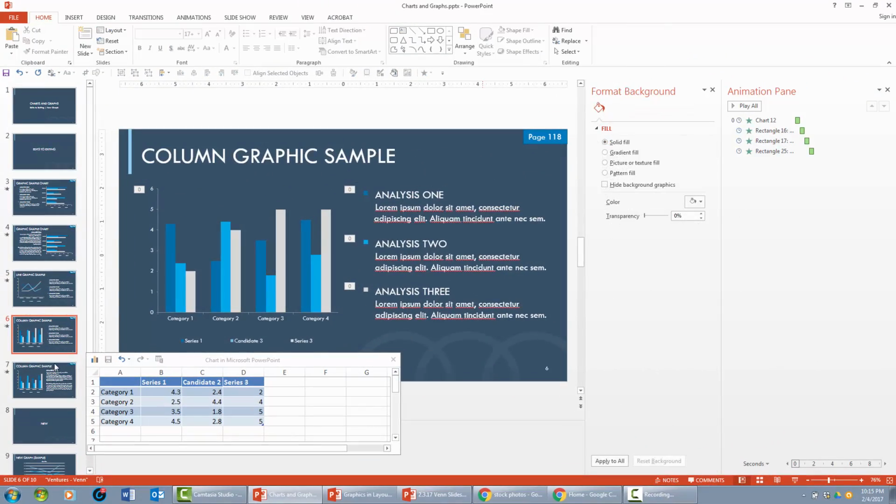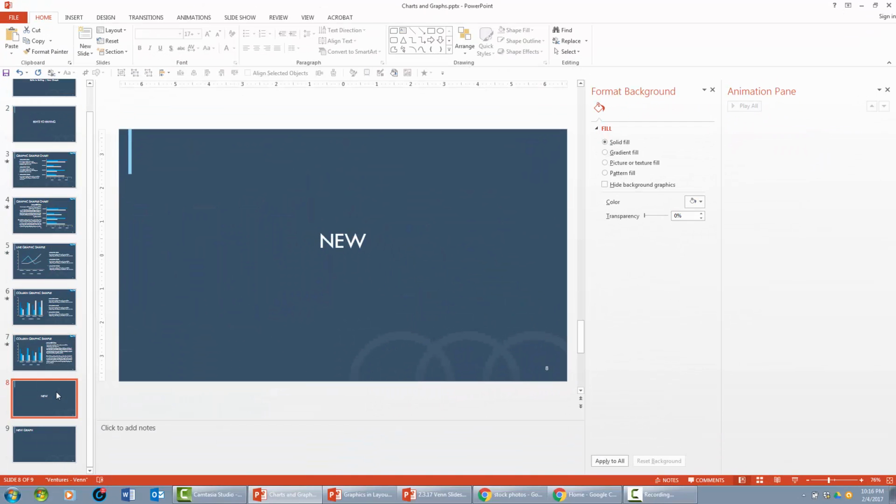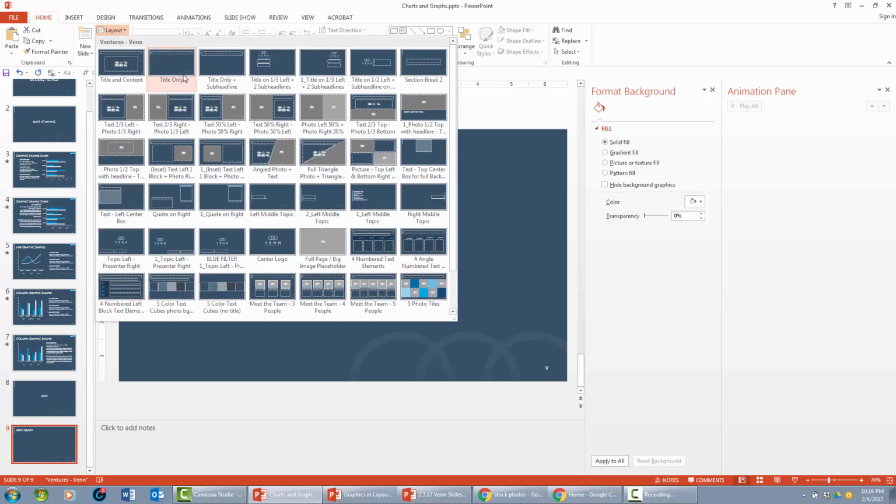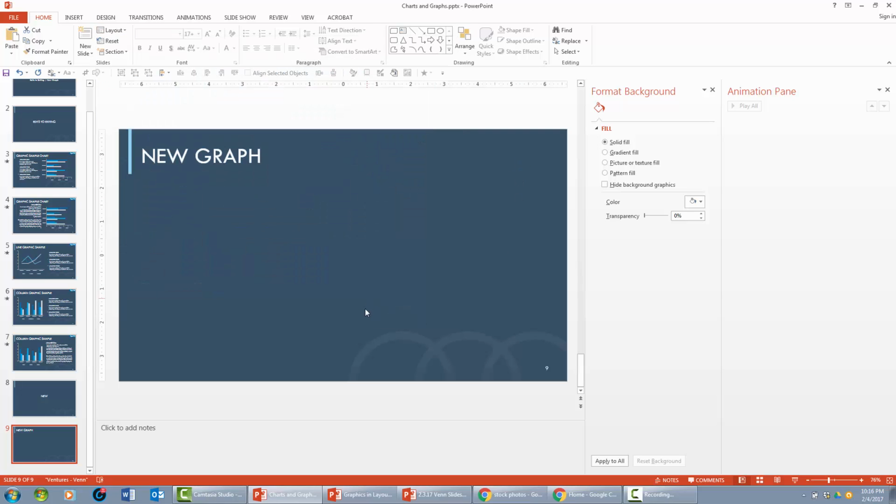So these are some pre-designed charts, samples that are already there. But now let's talk about how to create a brand new chart or graph. On this brand new page here, basically we have a template that is essentially title only. We're really not having a whole lot of layouts to keep your charts on your left or your right. What you want to do is just keep the whole page open, and we want to say,